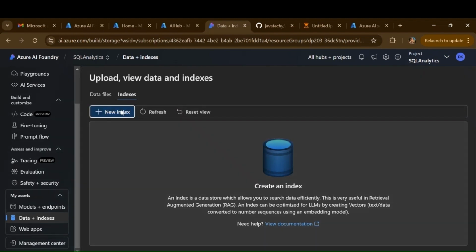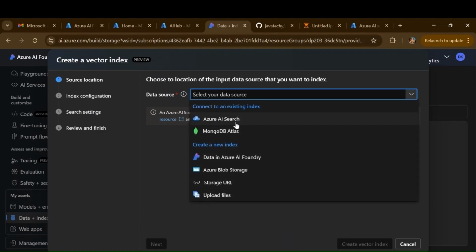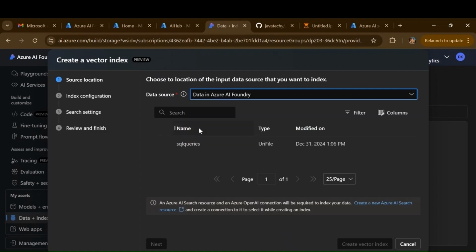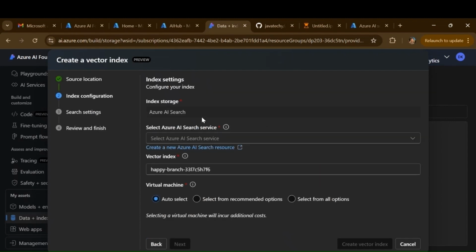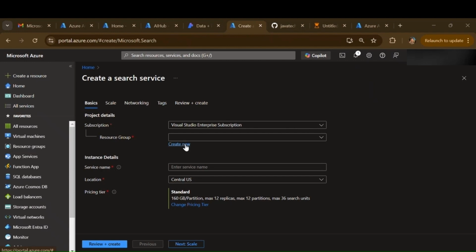Click on new index. So here in the data sources option, you will get a couple of options. Since we have already uploaded our data in Azure AI Foundry, we are going to select that option. In the index configuration option, we have to select an Azure AI search service. Since we haven't created any AI search service as of now, we have to create a new one. Now either you can create a new resource or use an existing one